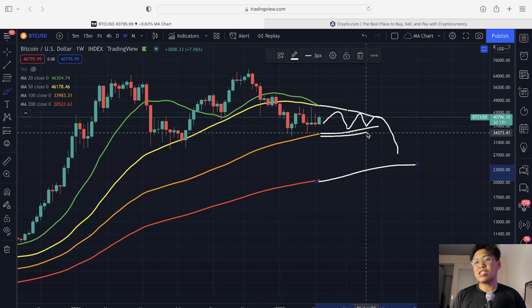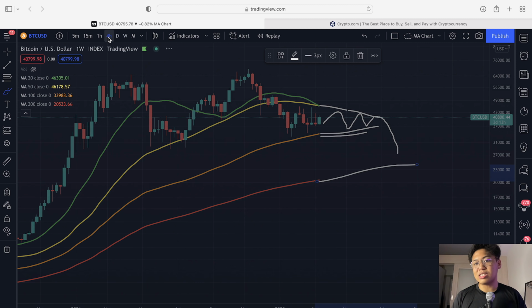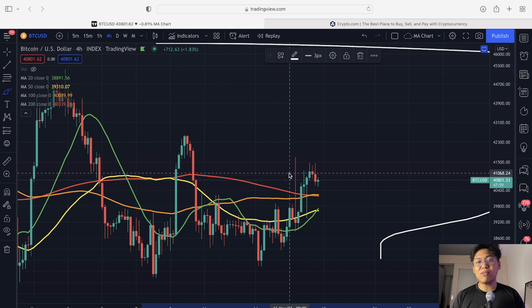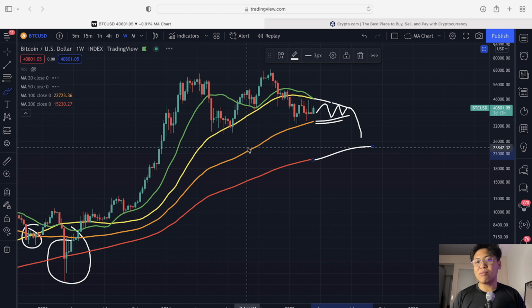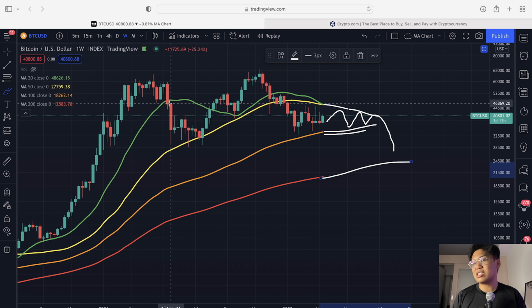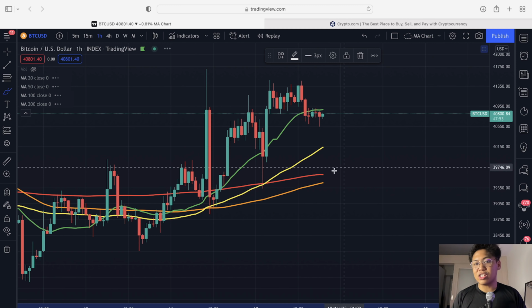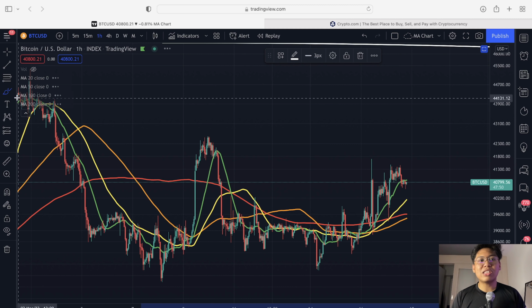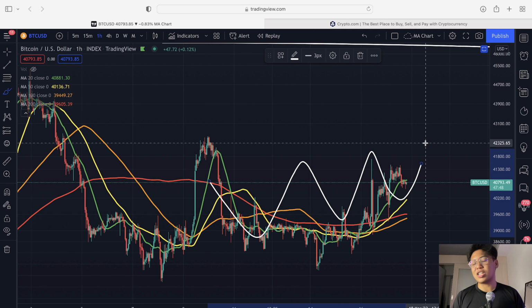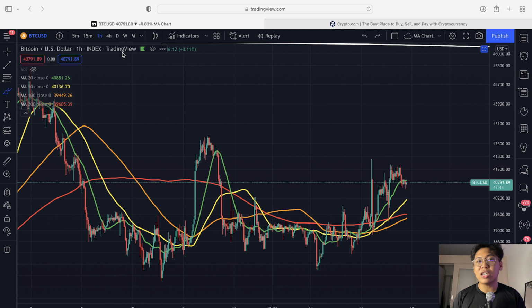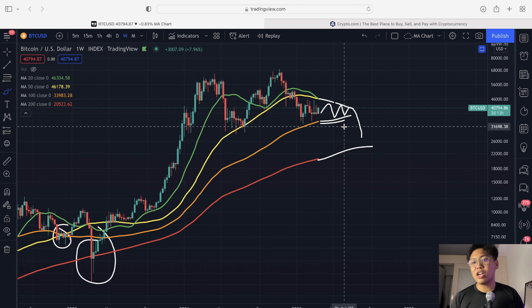So there are two things that you can actually do. So number one, if let's say nag-trade ka for the very short term, so kung let's say nag-trade ka sa 4-hour time frame, you can use this weekly time frame as a macro scale indicator. Kasi kung let's say nalilito ka sa galawan ng very short term, tapos di mo alam kung saan na papunta yung Bitcoin price action, then what you can do is actually to zoom out and look at the weekly time frame